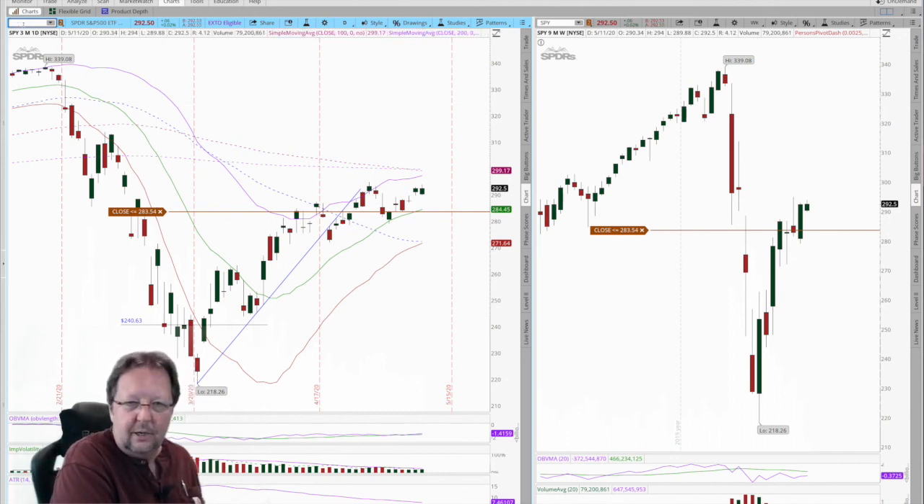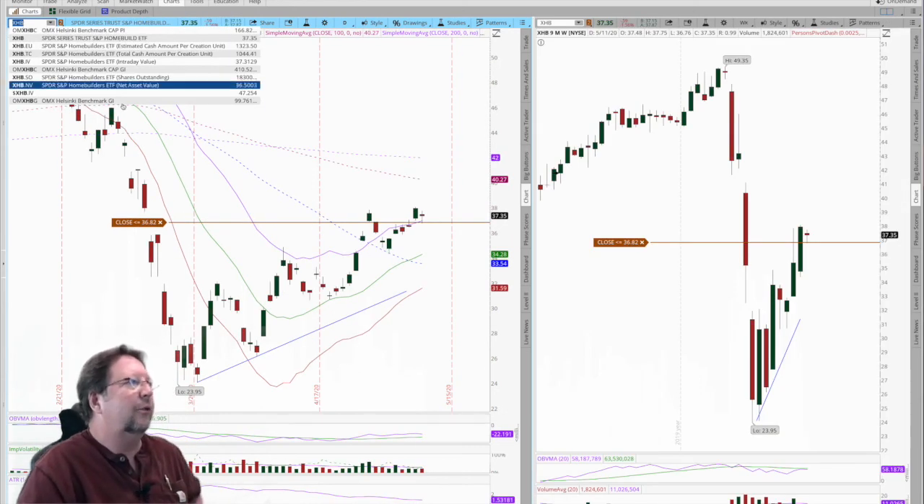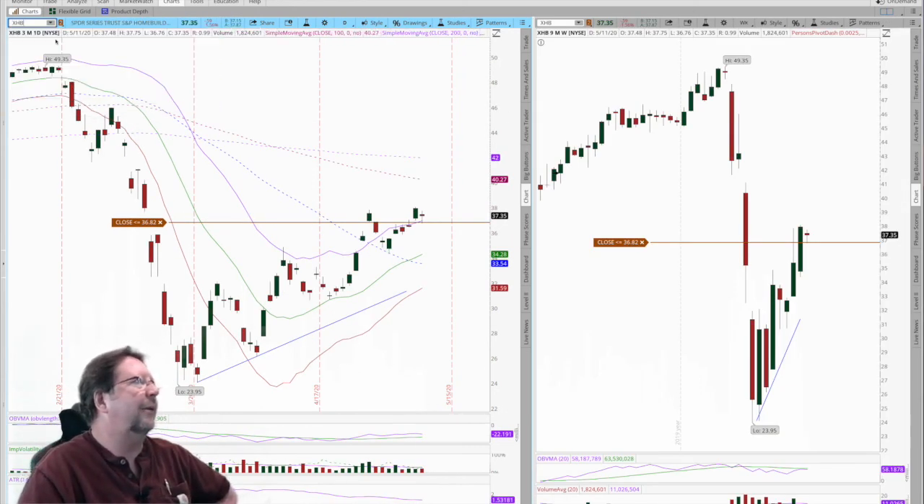All right, so let's go look at XHB, home builders. Home builders was good to us last week. We did all right with that one. It's still just in a nice little upward trend. Now we can get rid of this. Let's